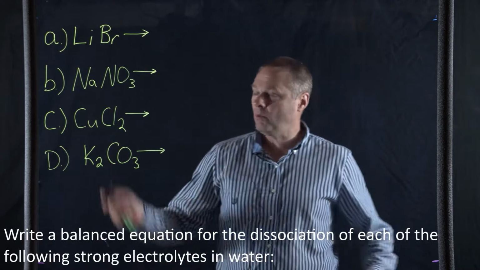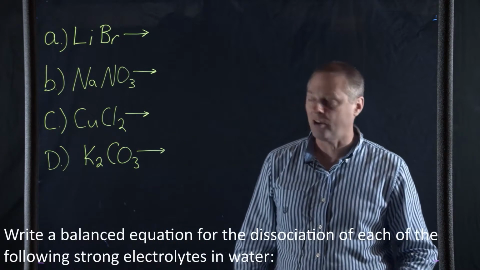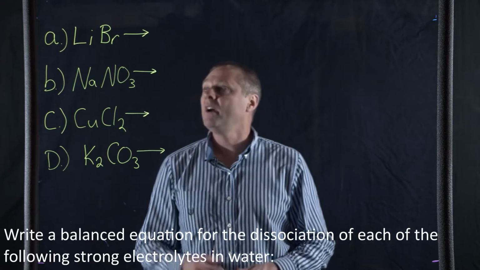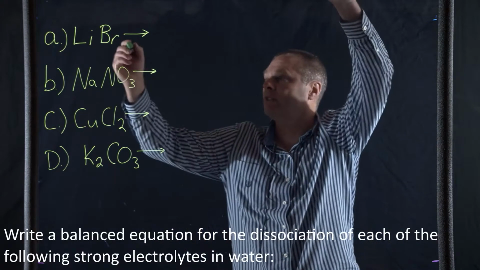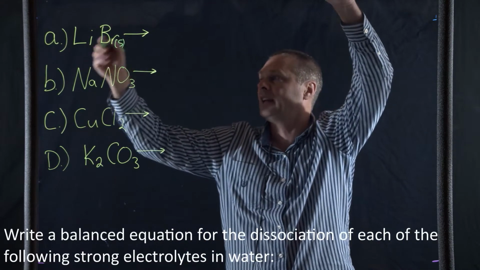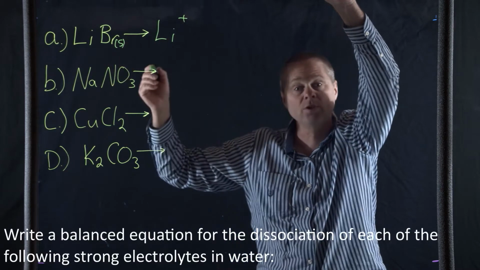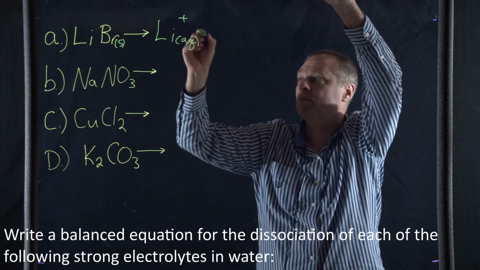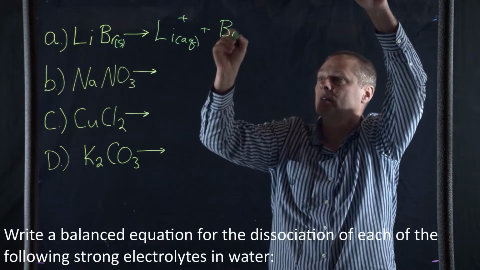All right, so what we're going to do is write a balanced equation for the dissociation of each of the following strong electrolytes in solution. Strong means that they completely break apart. All right, and so lithium bromide is going to break apart into water, so this would be a solid, and it's going to break up into lithium +1 because of where it's located on the periodic table, and that's going to be aqueous, meaning it's soluble in water, and then the bromide